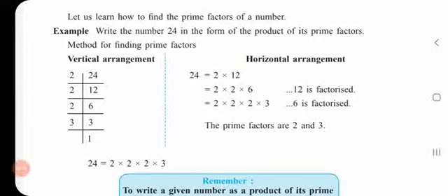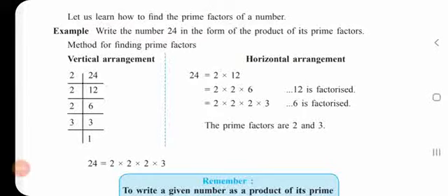Again 12 is divided by 2. So 2 is again taken as prime factor. Then 12 divided by 2 is 6. So it is written below 12. Next, again 6 is divisible by 2. So it is written in the factors column, and after that the division gives 3. Now 3 is a prime number, so it is divisible by 3 only. So the prime factor taken is 3. Lastly, 3 divided by 3 will be 1.